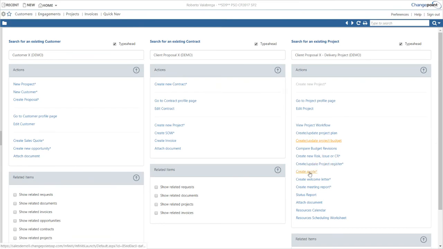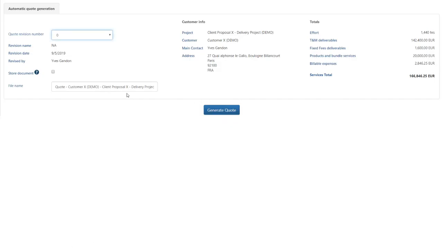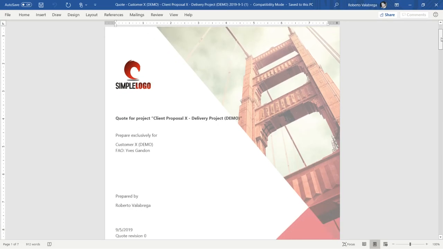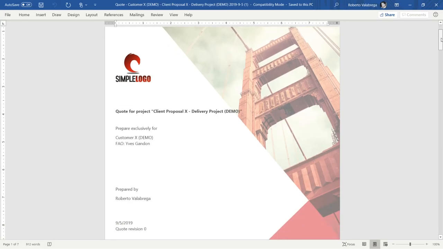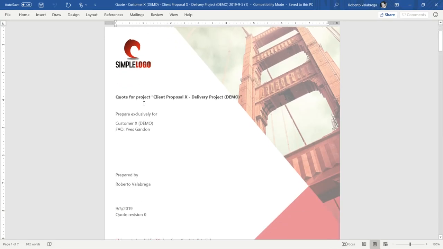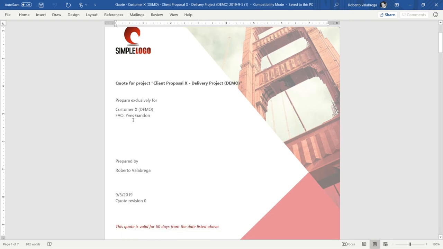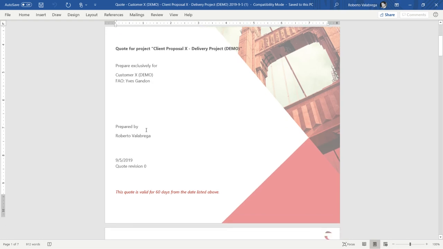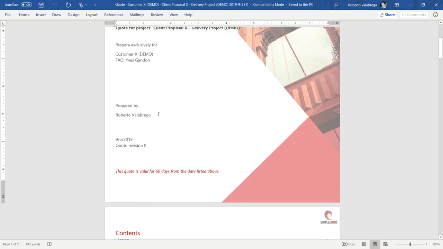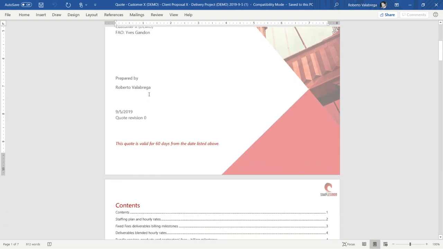And all we need to do now is create a proposal based on those cost information coming from the budget and a Word template. We can optionally store the proposal document in the system by checking this box. Okay, so this is the proposal based on a template. We'll pull in information from the system. So we have the project name, the customer, the main customer contact, the prepared by, which is the logged user